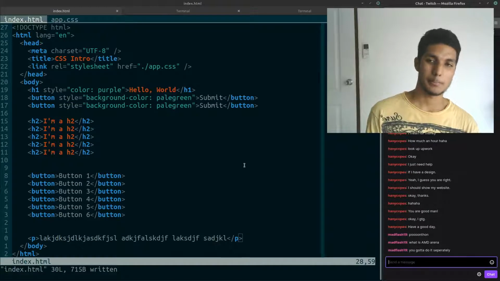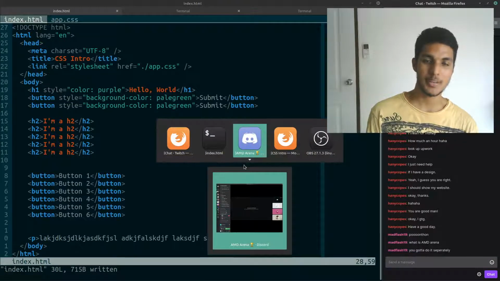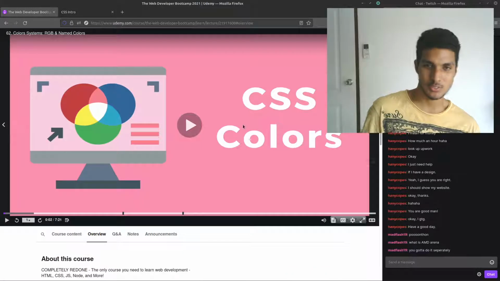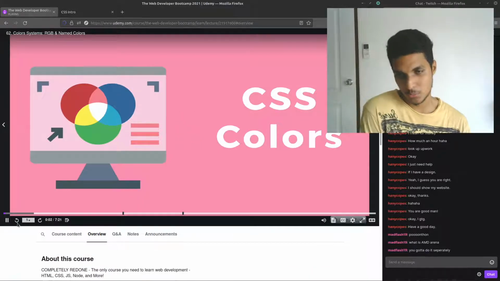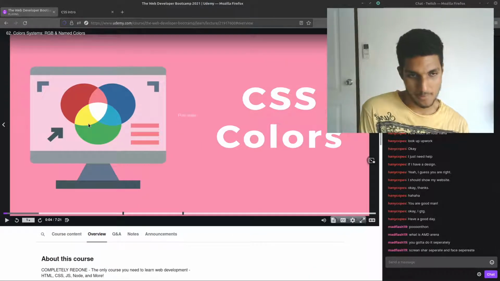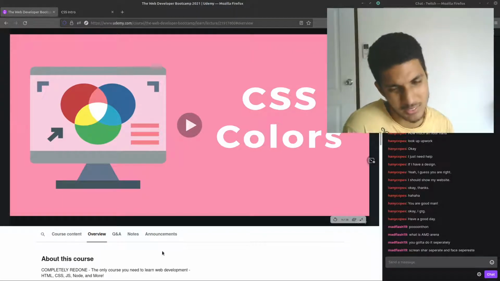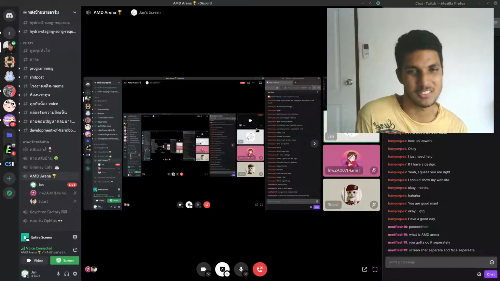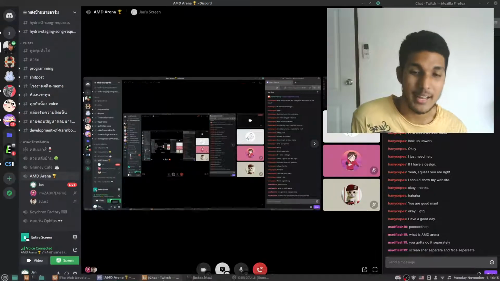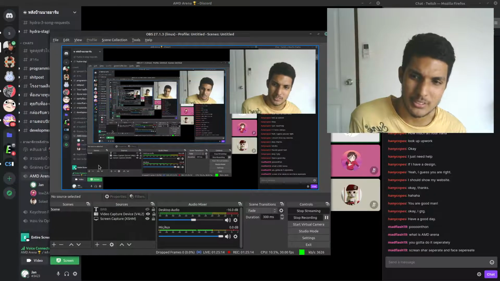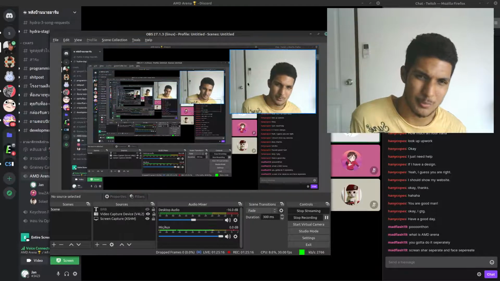So yeah, we might have to follow this thing. So let's see some of the values. Screen share separate and face separately, but that sucks, you know. I guess if I'm using OBS and I'm using my face here,